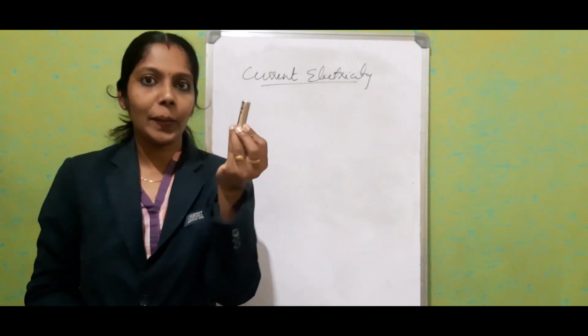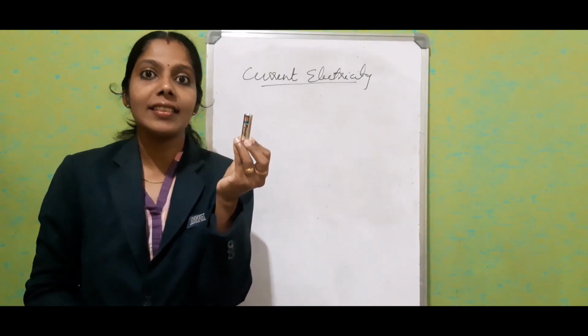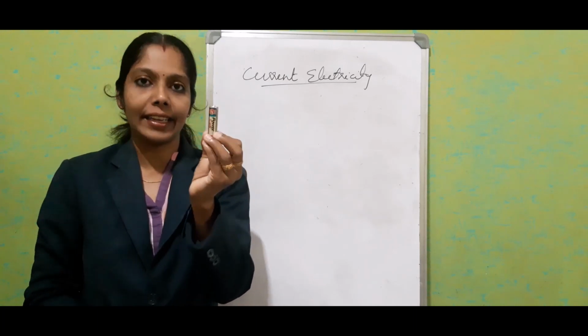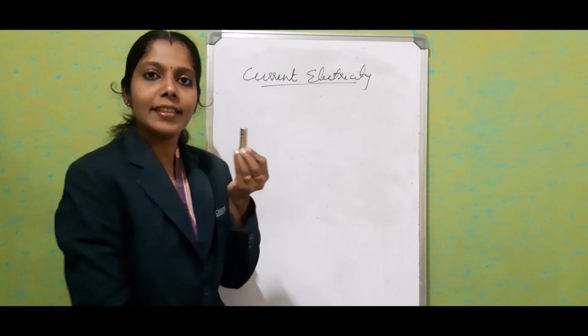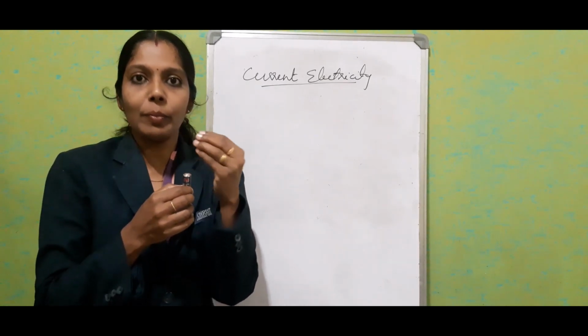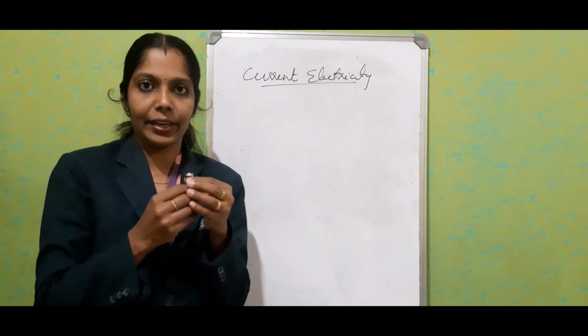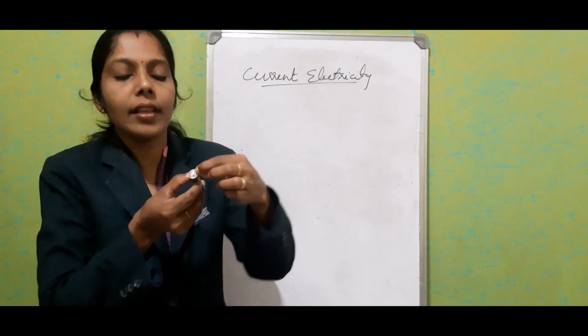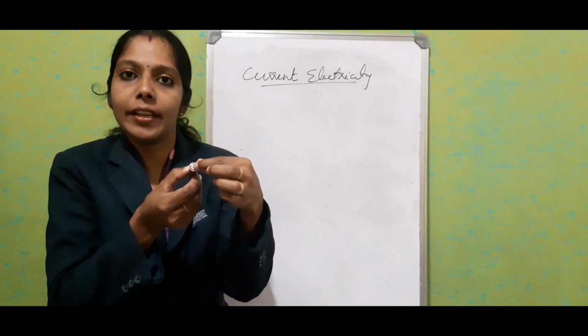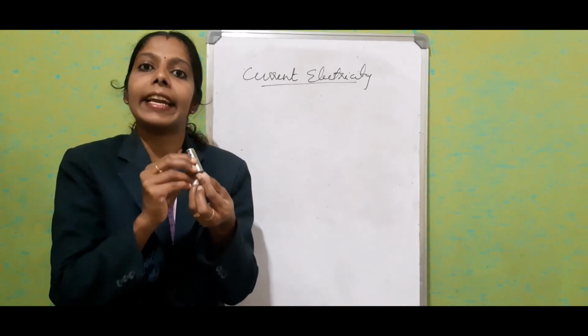We are very familiar with this one. What is this? This is a cell. So this is the primary source of direct current. How is the current passing through this cell? We know that there should be a positive electrode, a positive point and a negative point. The top silver brass is there, a little bit bigger one. So that is the positive end and this is the negative end.